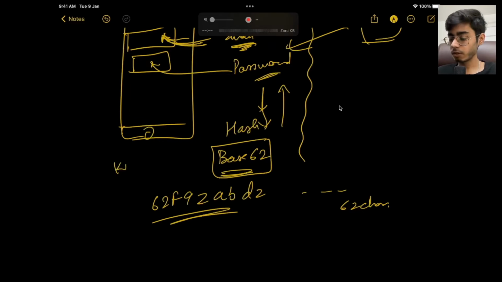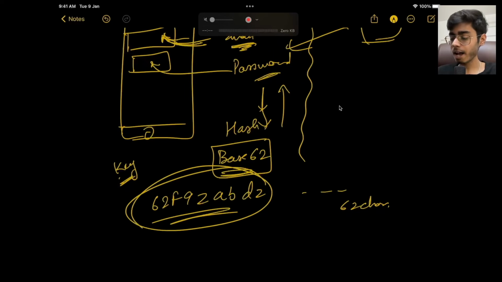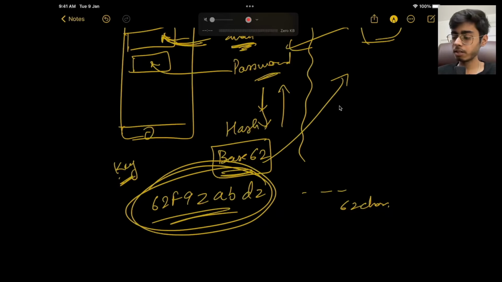And we have a key for this. Anyone who has this key can get the real password, right? So this key is there in the client itself, and you need to hash your password, and this hashed thing will be saved in your server, in your database. This will go to your server, not your raw password, right? So this is possible using many libraries which are already there.